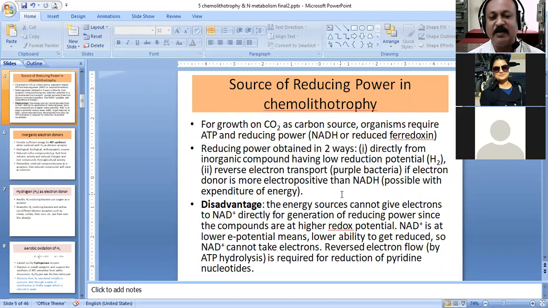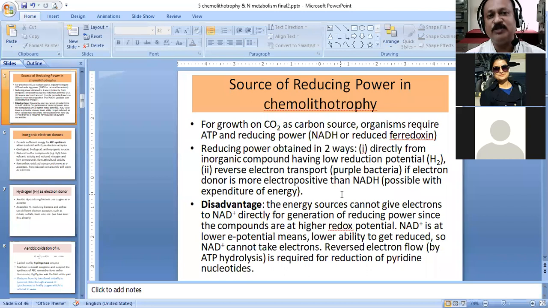With the reverse electron flow, there is the use of ATP. ATP will be consumed in the process to drive the electron in a reverse manner. Conventionally the electron would go from one component to the other. Thermodynamically that will be favorable when the particular donor is at a lower electrode potential, that is on the negative side. That molecule can give the electron, and that is an exergonic reaction that will not require any energy. In fact, it will produce energy in the form of ATP.